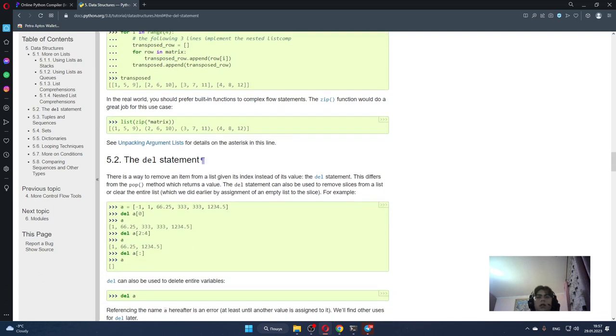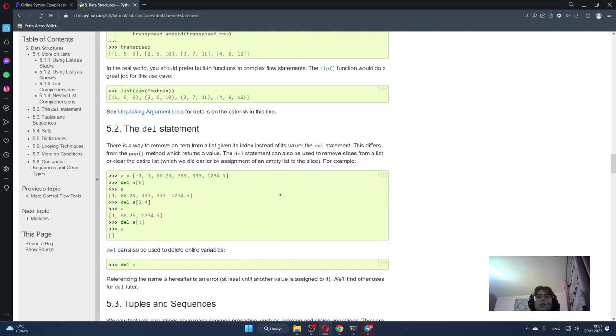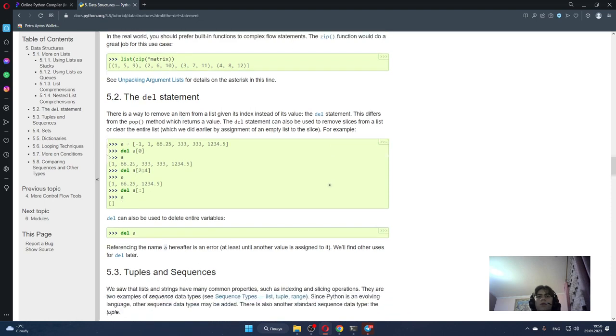The del statement. There is a way to remove an item from a list given its index instead of its value: the del statement. This differs from the pop method, which returns a value. The del statement can also be used to remove slices from a list or clear the entire list, which we did earlier by assignment of an empty list to the slice. For example,